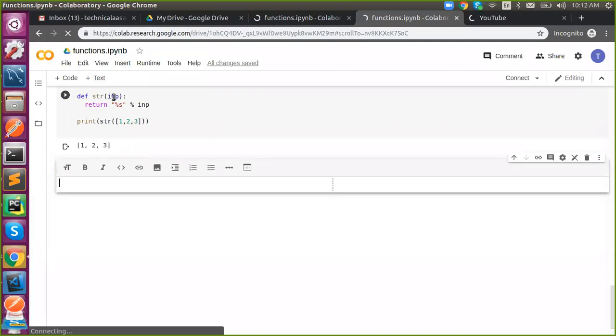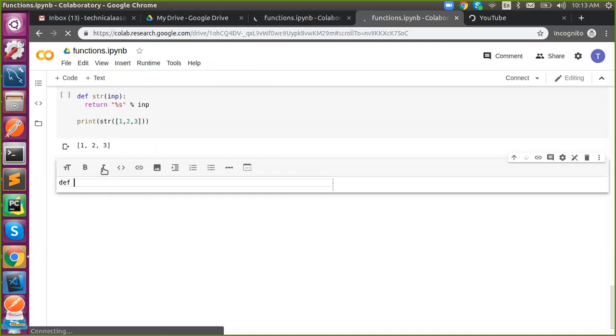If you define one parameter, you need to pass one argument. An argument is nothing but an object which you are going to pass. A parameter is a variable that is going to receive your object. So it depends upon the count: how many parameters you are using, you need to pass that set of arguments.